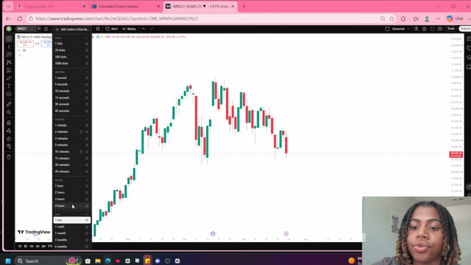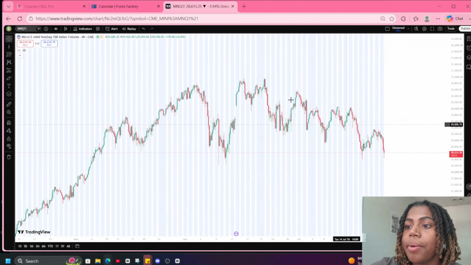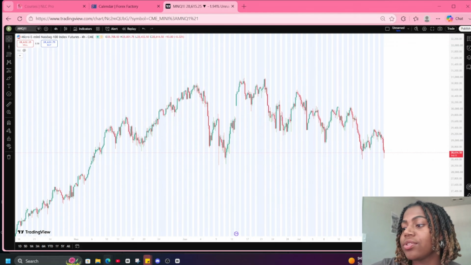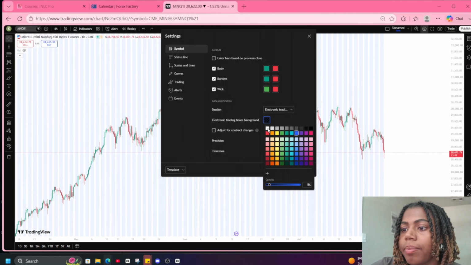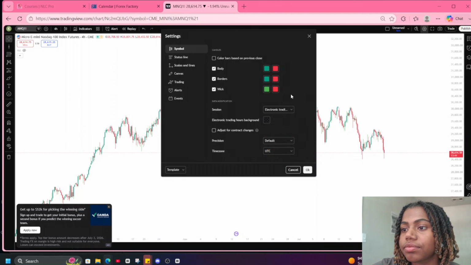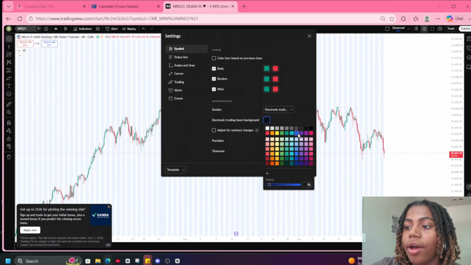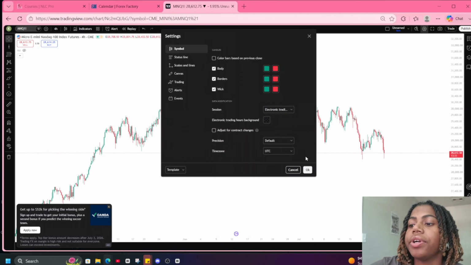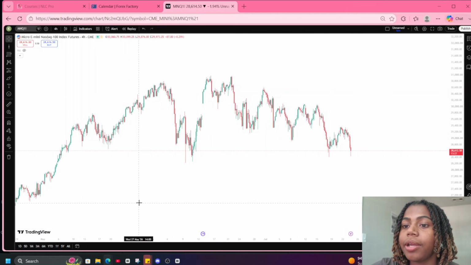You can also go down to 4 hours. It's the same exact information that the daily time frame gave us, but it shows us so many more candles. So in order to get rid of these blue lines, we're going to go back to our settings here, electronic background. We're going to make these white, the same as our background. I'm going to make this the same green as well. All right, so now that our electronic trading hours background is white and not blue, we're going to hop down and see that this is the same information given to us on the daily time frame,